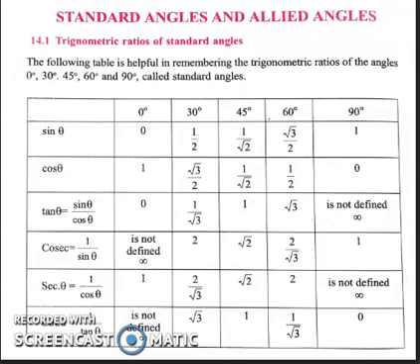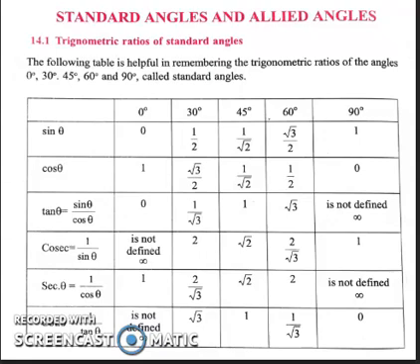And in both the cases sine 45, cos 45 are same. Cos 60 degree is 1 by 2 and sine of 30 degree is 1 by 2. Cos theta, sin theta in the place of 0 degree and 90 degree are same again. So like this you need to study smartly.